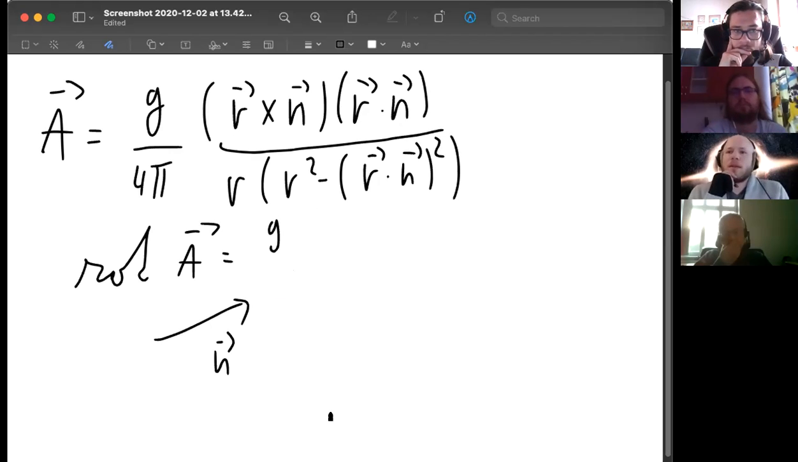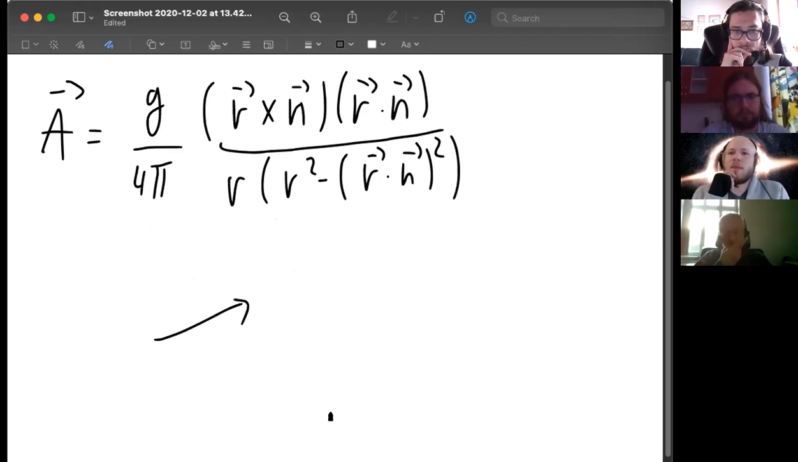So, okay, this is like the oldest version of the monopole theory, describing magnetic monopoles using